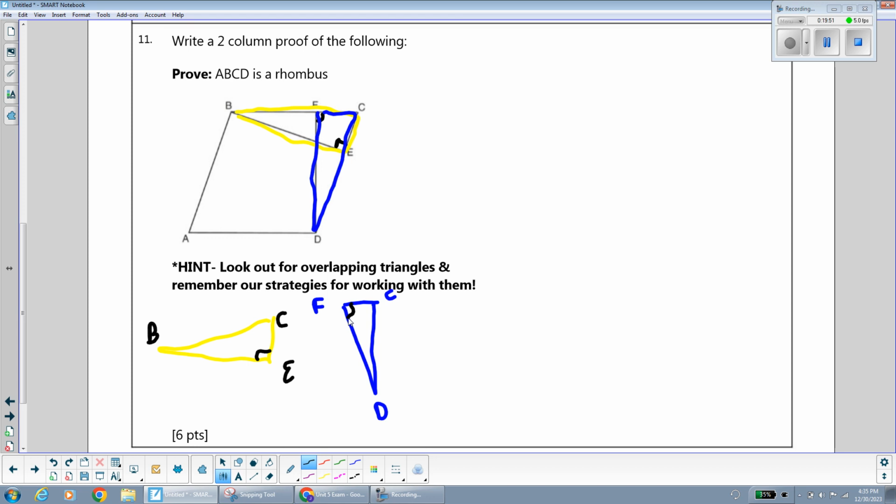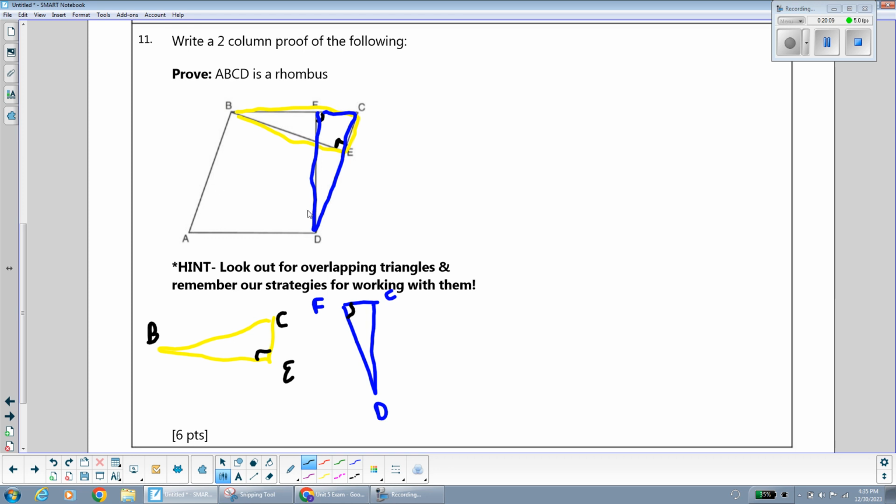congruent. Now, we know that we want to prove the triangles congruent because our end goal is to prove that we have a rhombus. And there's only three properties of a rhombus that will make it a rhombus. And two of them have to do with diagonals, diagonals bisecting the angles or diagonals being perpendicular. And neither of those are going to apply here